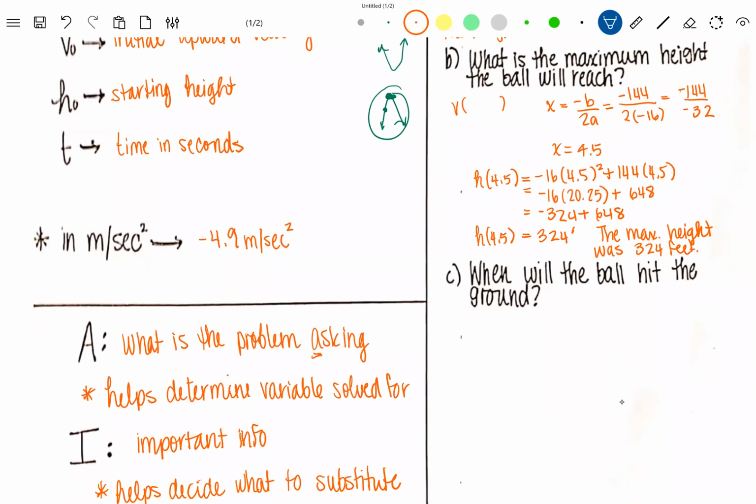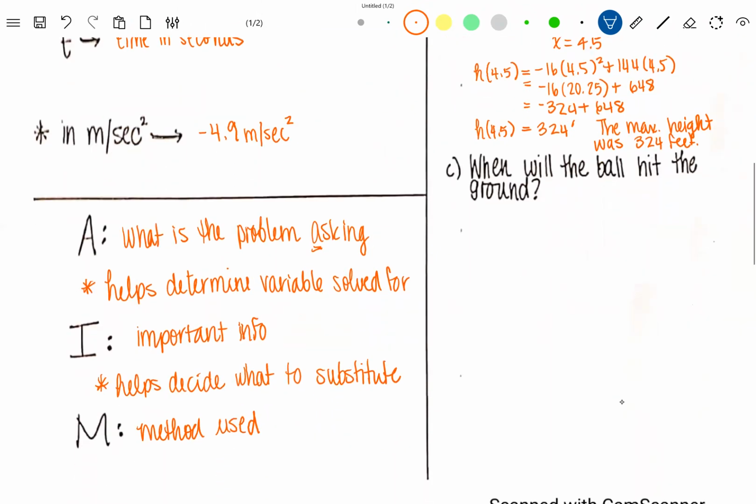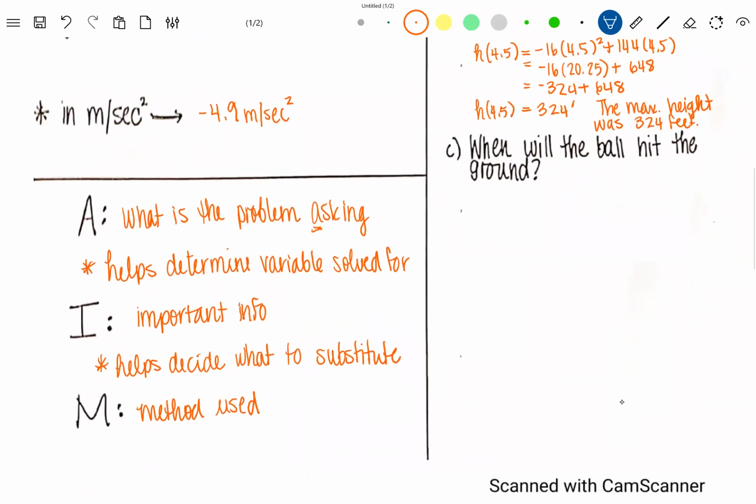Then we have this question: when will the ball hit the ground? So I'm going to rewrite our equation. H of t equals negative 16 t squared plus 144t. Okay, and it says when will the ball hit the ground? If I said when are you coming to dinner, you wouldn't say 15 miles. You would answer me in a measurement of time. So it's asking us to find time,